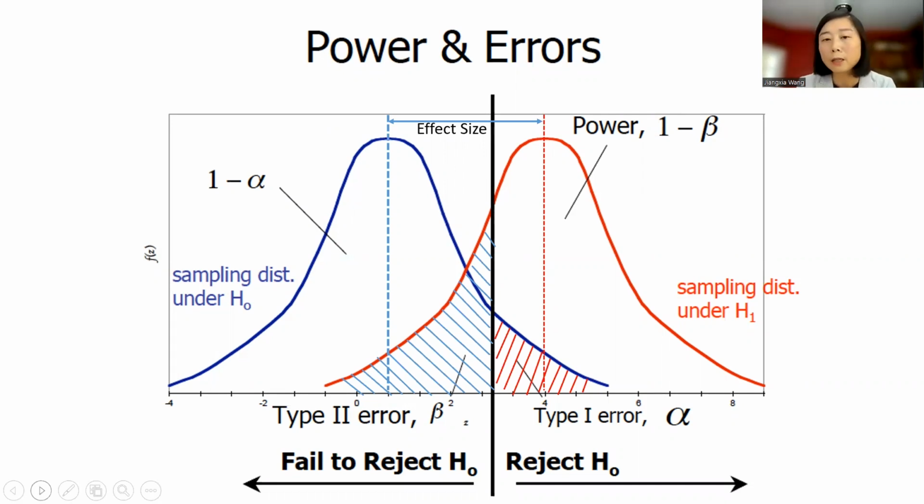And on the right, you will see a red curve, which is the sampling distribution under the alternative hypothesis. The distance between the two distributions is the effect size we would want to detect in a sample size calculation. And then the red shaded area under the blue curve is the type 1 error, where we would